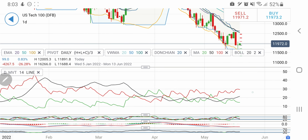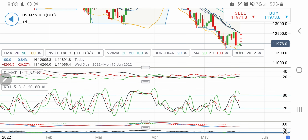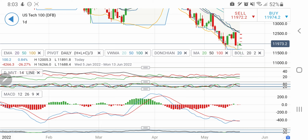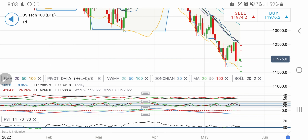The directional movement is bearish and it is widening here. The stochastic on the daily charts is at the bottom, and the MACD is trading flat and indecisive. It is deciding which direction to take. The RSI is near the bottom. So with the support at 11,700, and today, the only short entry is below 11,900,